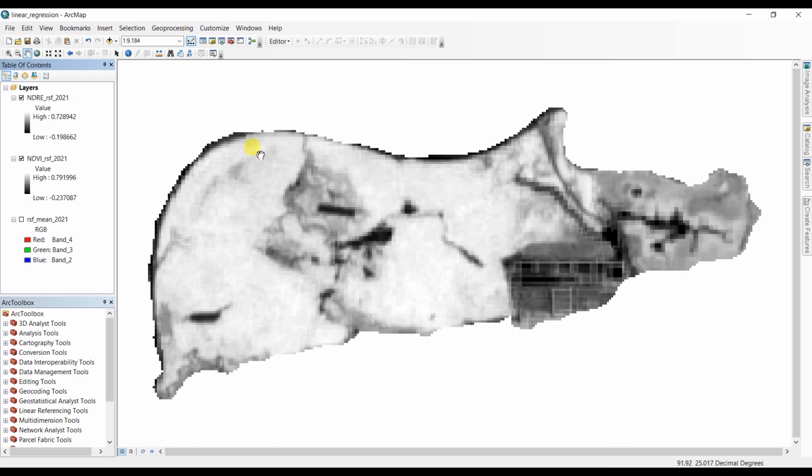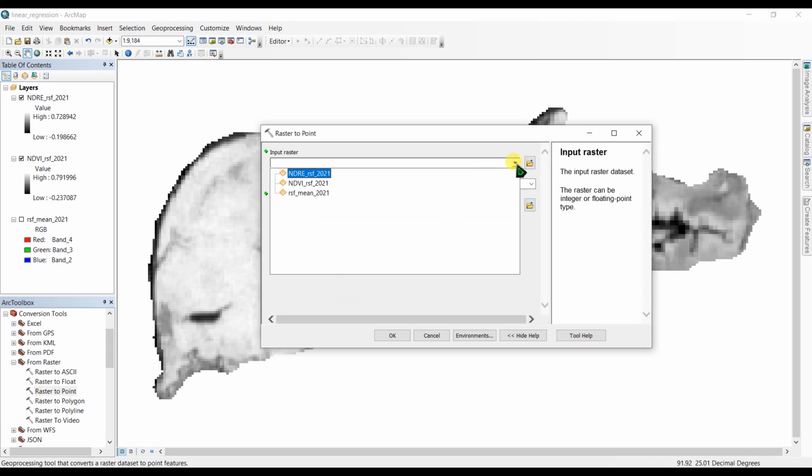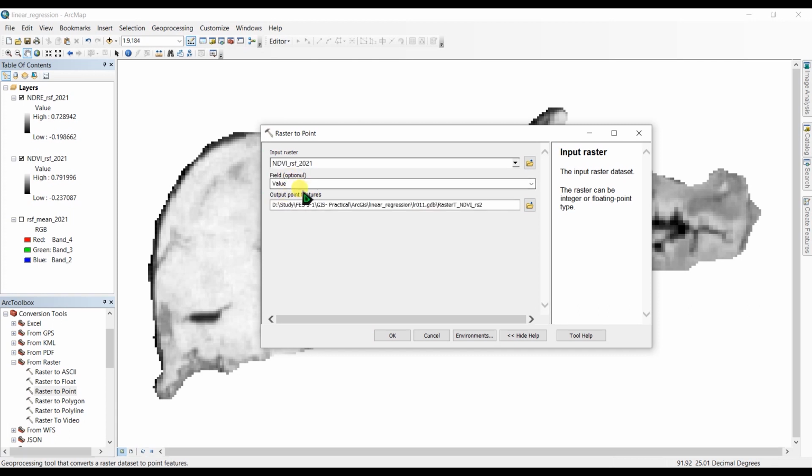So we have to convert this image into numbers, and then we can perform our action. To do that, go to the conversion tool and click From Raster and Raster to Point, and here input the raster as your first NDVI value,